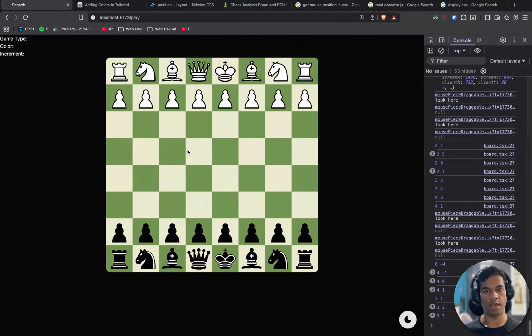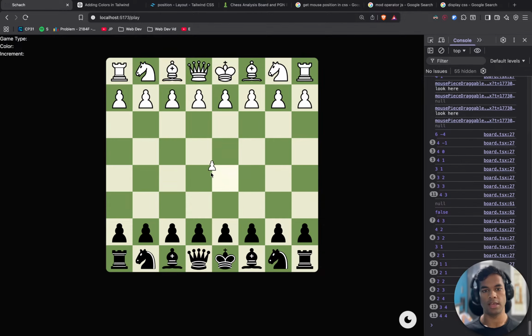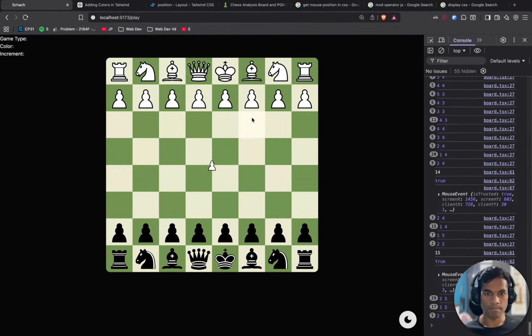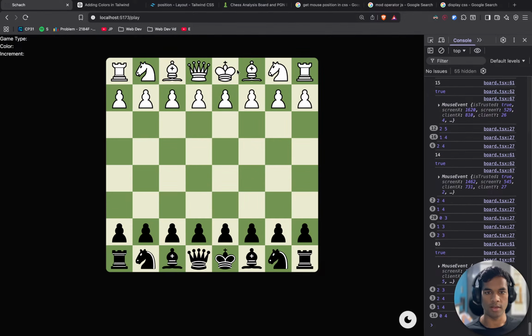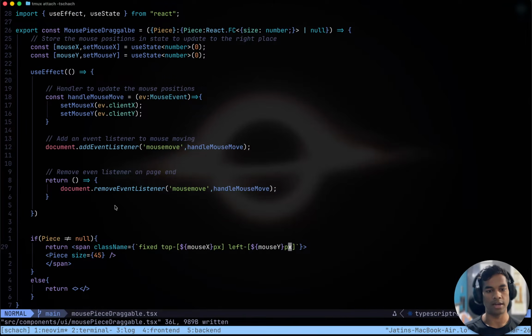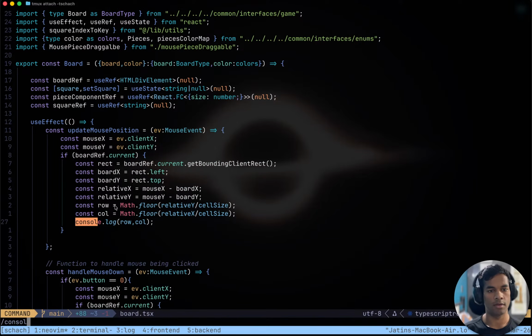Okay, if this works. Okay, shit. We do have the piece here, but hmm. The piece is not at the right place.